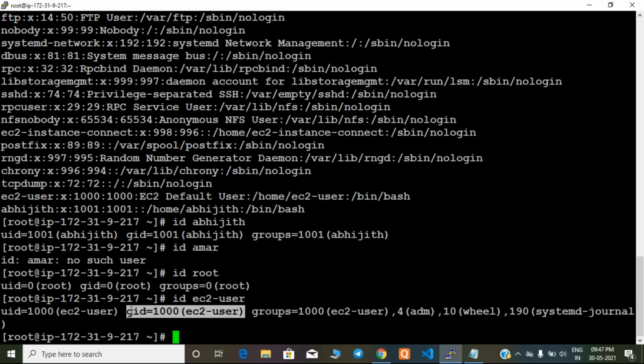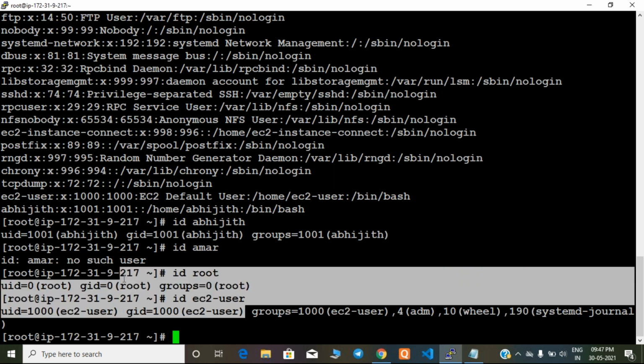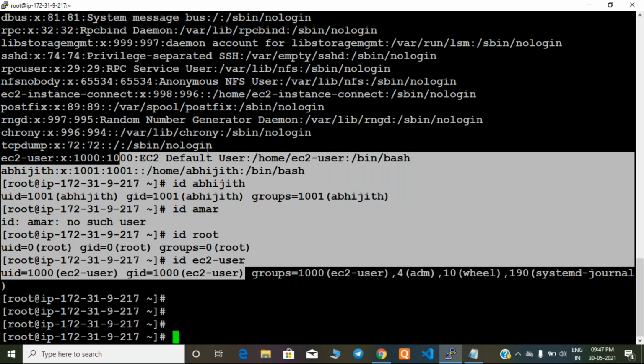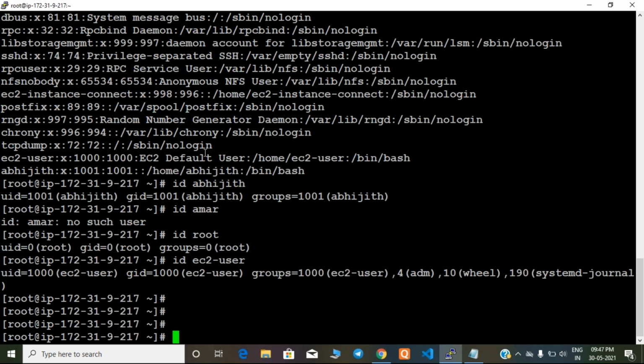Okay, now you have created the user, but the requirement is how to use that user. How does the Abhijit user log into this system? By default, guys, the Abhijit user cannot log in. In AWS, they restrict the other users initially, guys. Compulsorily, only ec2-user should log in. The admin should do some settings. Then only the Abhijit user can log in. Abhijit, Amar, Pradeep, whatever users you created, they cannot log in now. Let me show you.